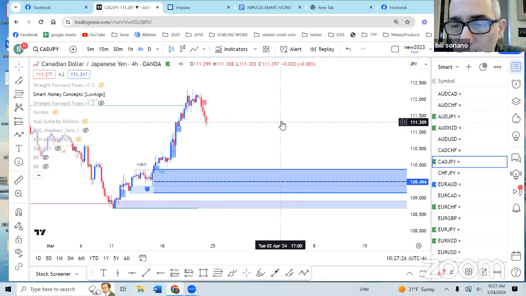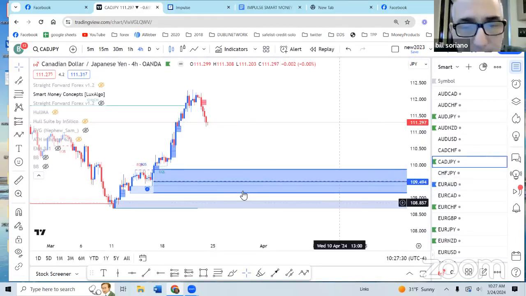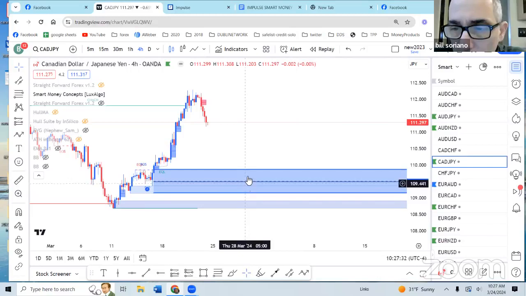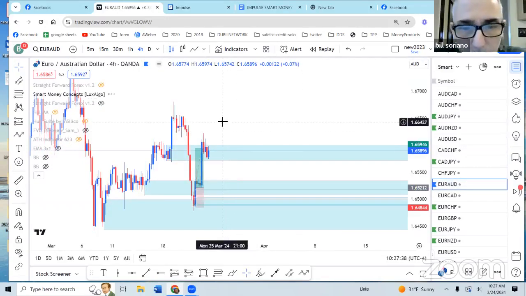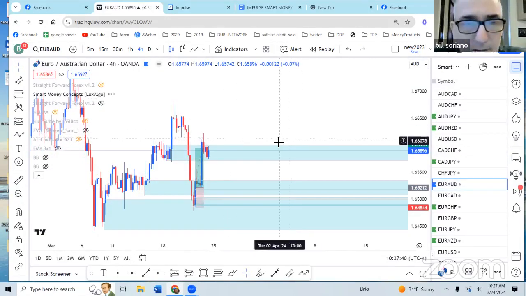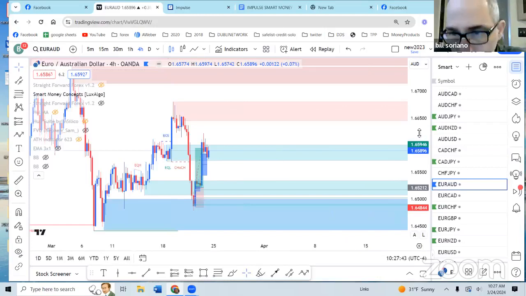CADJPY 109.494. You see that right over here on the right-hand side, highlighted in blue, right? 109.494. Okay, the next pair is EURAUD. This was a pair where we had a winning trade last week. And so